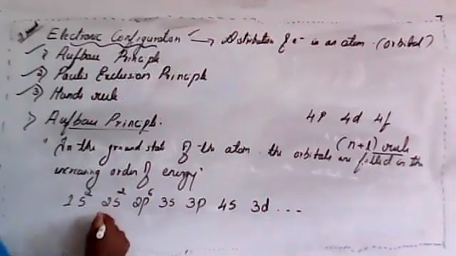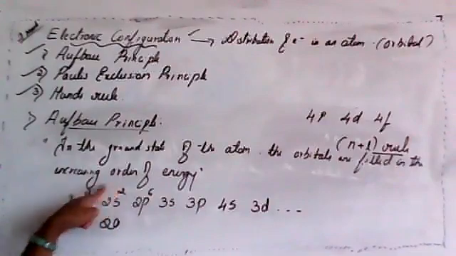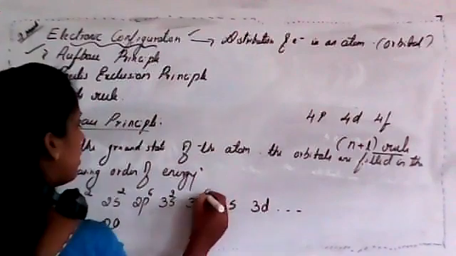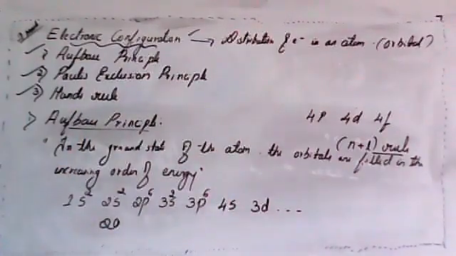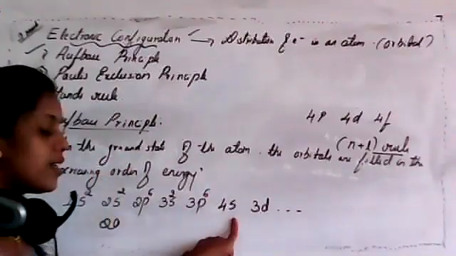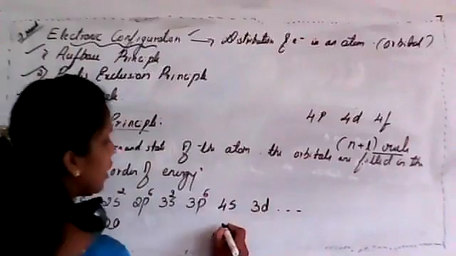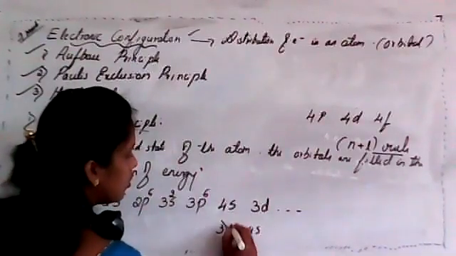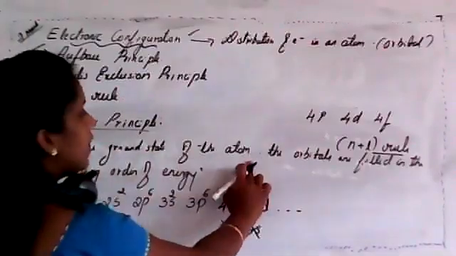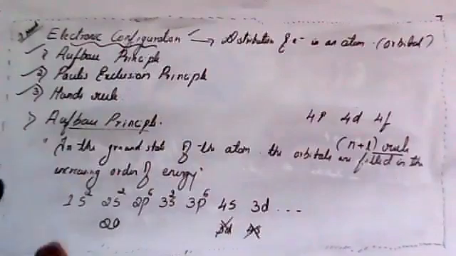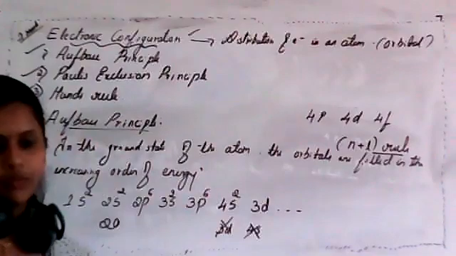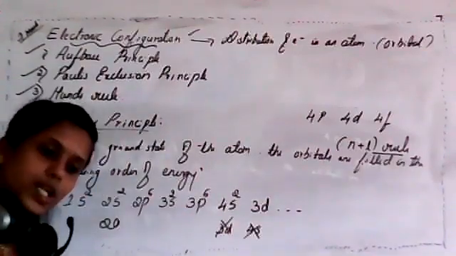If in case it is 20, 6, 7, 8, 9, 10, s orbital again 2, then p orbital 6, isn't it? So now again we have to fill 2 electrons. Now the question arises, if in case we are considering 3d here and 4s here, this is wrong. Because according to Aufbau principle, in the ground state of an atom, the orbitals are filled in the increasing order of energy. So that's why those 2 electrons must be filled in 4s orbital. Is this clear, student? Is this clear?